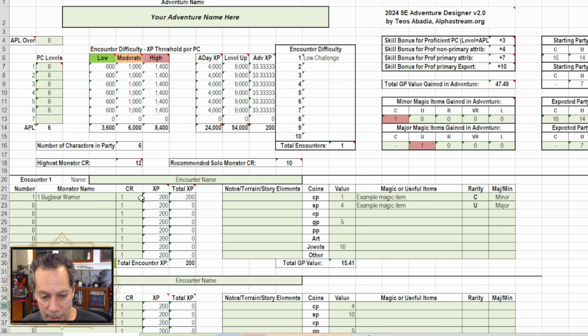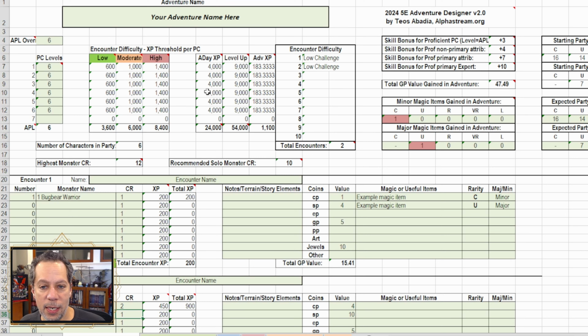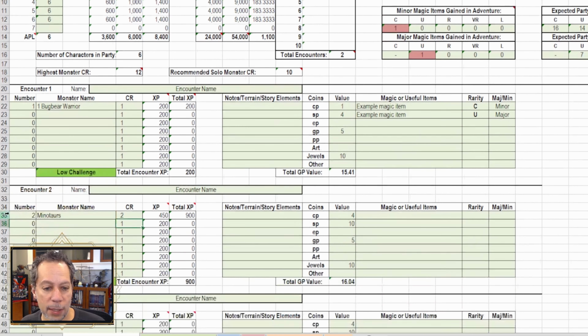But if I did something like, say, 2 CR1 monsters, let's see, I don't know what they are. Let's see, they're Minotaurs. I don't remember if Minotaurs are CR1 or 2. I'm going to guess 2. You can look it up later. But now you can see, it adds this here and everything levels up accordingly. And if it was 10 of these,